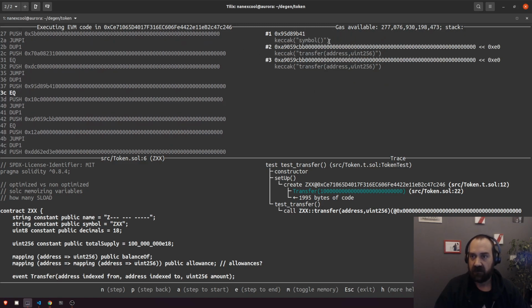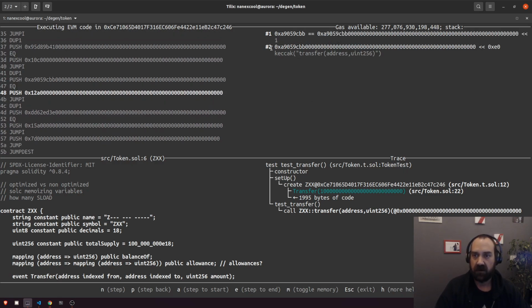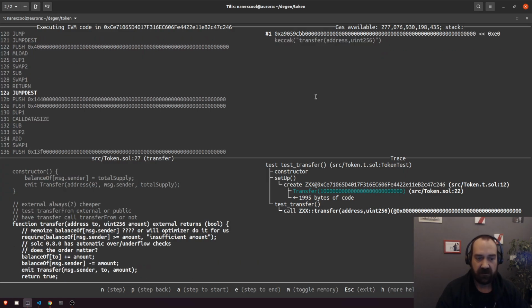Are we asking for symbol? Also, this is important if you really want to optimize. I would say that maybe transfer is the function that is most used, so maybe you would like to have it first in the dispatcher. I don't know. So are we asking for the symbol? No. Are we asking for the transfer? Here we are. Yes. Right? 1. So it is equal. So we jump to